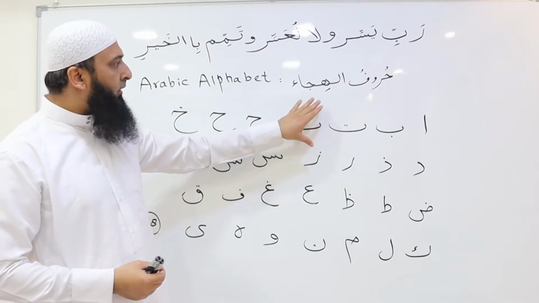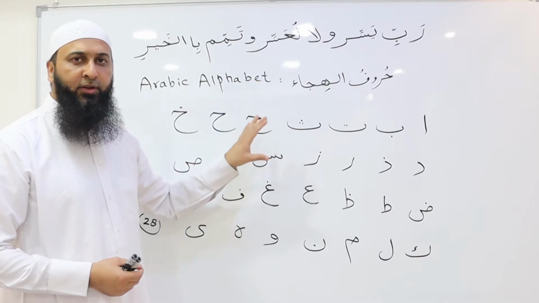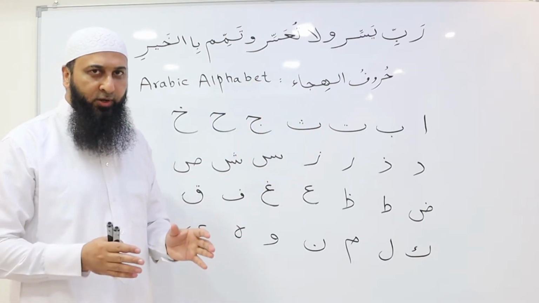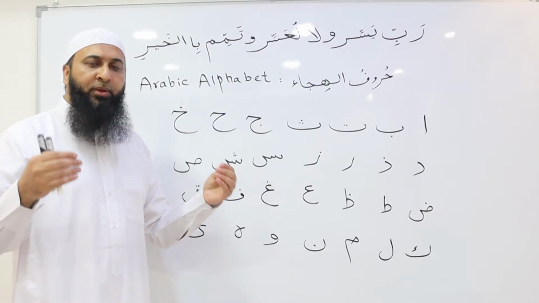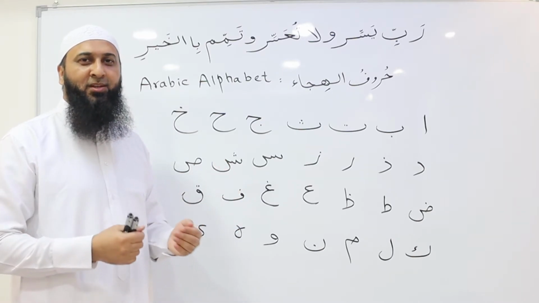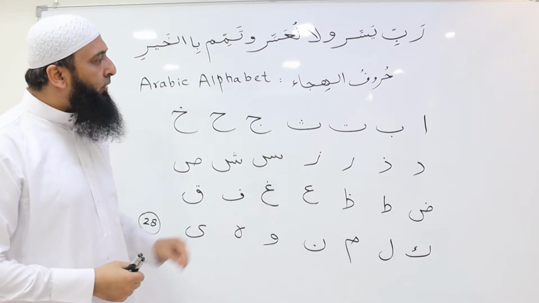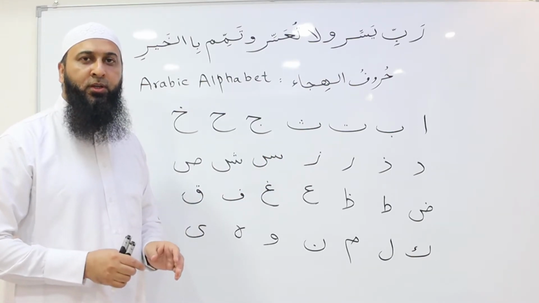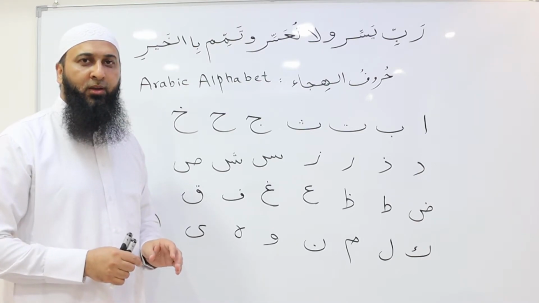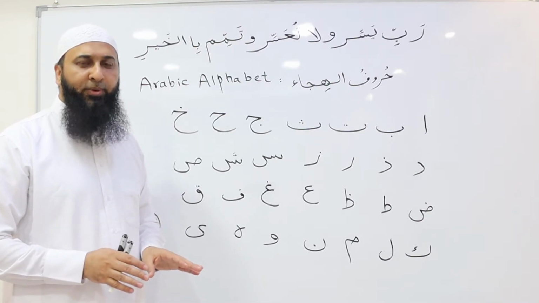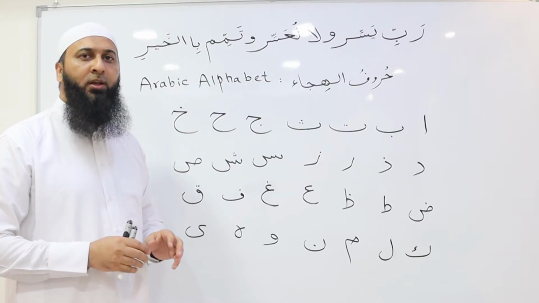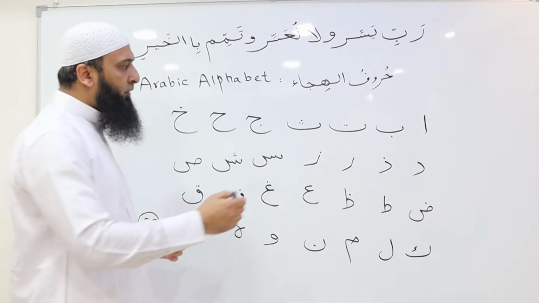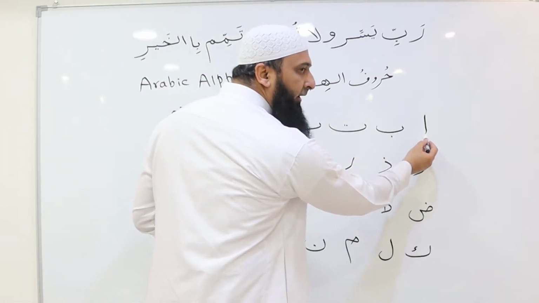Today we will focus on huruf al-hija, the construction letters, and when we put these letters together in one word, the meaningful combination of the letters makes it a word. Let's see how to pronounce these letters. It is very, very important to pronounce them properly. And it is a bit challenging, but if we try to learn them, inshallah, they will be easier for us. So the first letter is Alif,